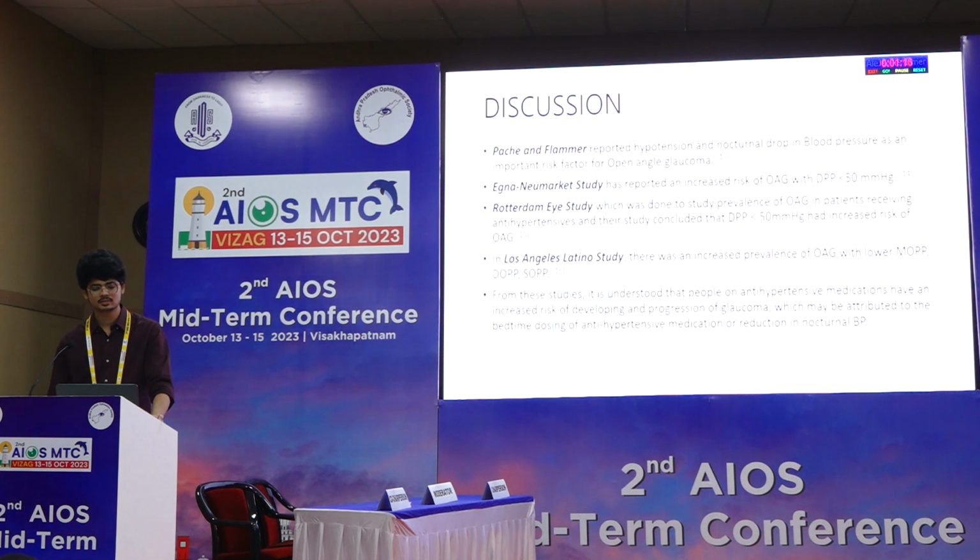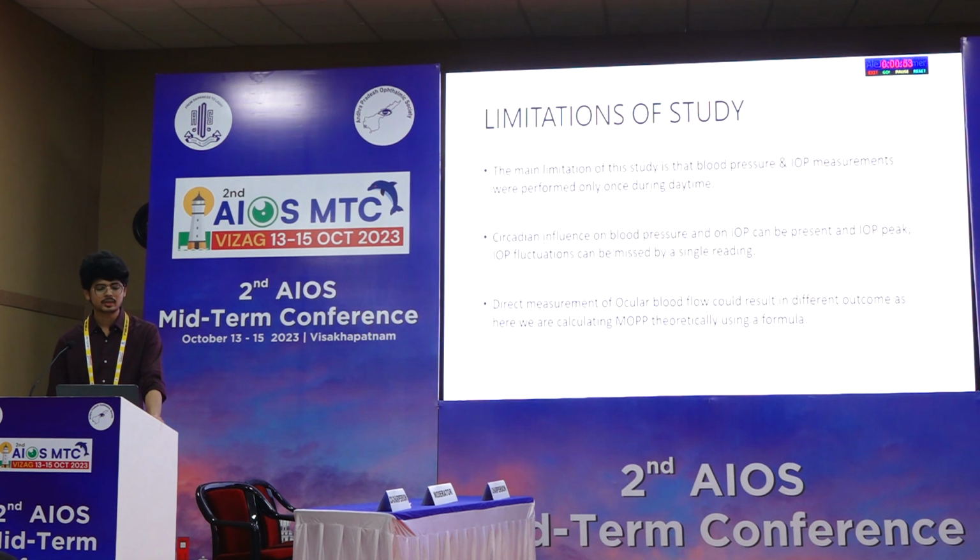There are other similar studies which show open angle glaucoma risk with diastolic perfusion pressure less than 50 mmHg. Similarly, the Los Angeles Latino study showed increased prevalence of open angle glaucoma with lower mean ocular perfusion pressure. From these studies, it is understood that people on antihypertensive medication have increased risk of developing and progressing glaucoma. The main limitations of the study are that blood pressure and IOP measurements were performed only once during